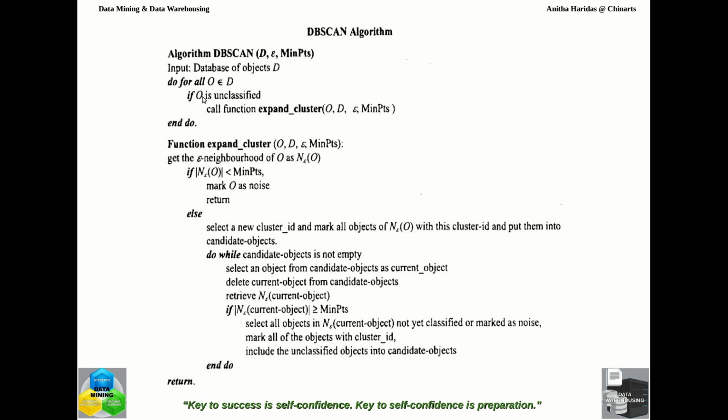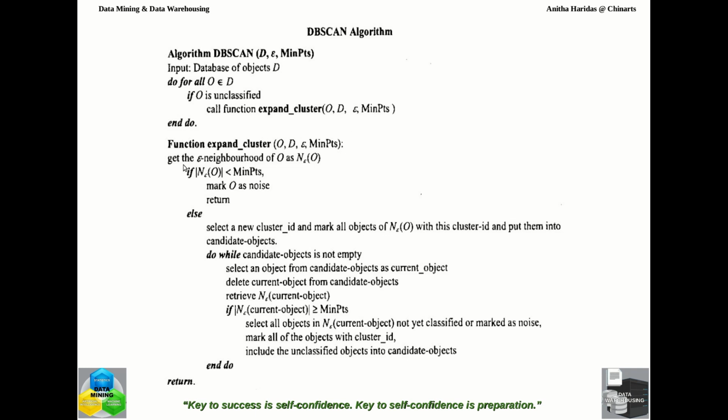So if the object is marked as unclassified, then we are going to call the function called expand cluster by passing the object, the database, and the epsilon and minimum points values. So let us see what is done in the function expand cluster.